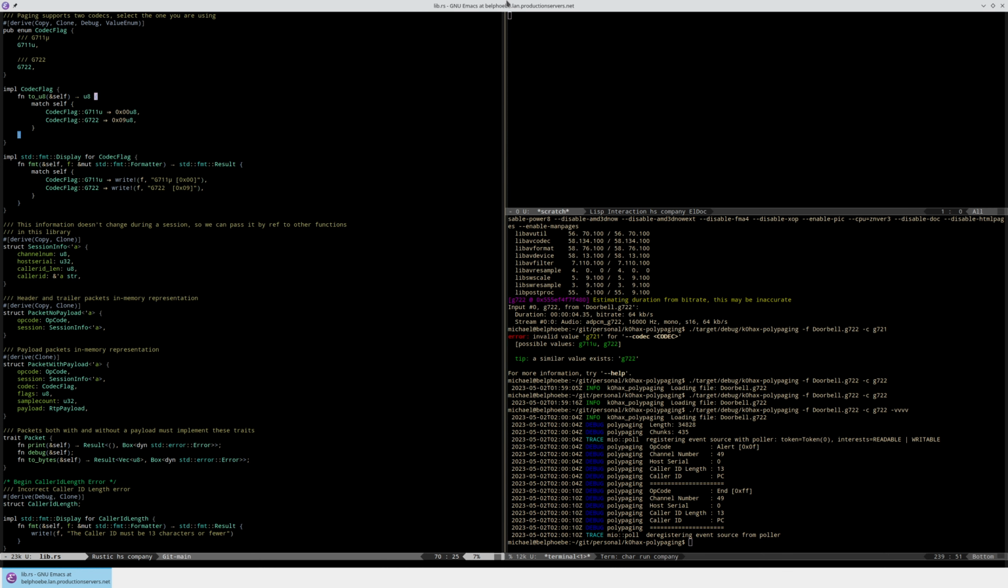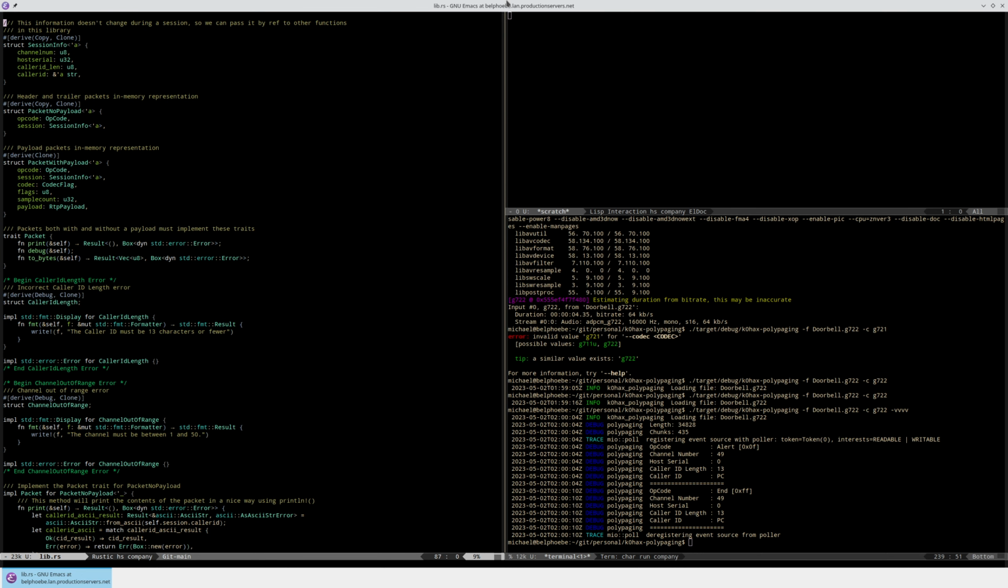There's the two 8-bit unsigned integer implementation for that. G711 is 0x00 and G722 is 0x09. And the display formatter also. Same deal. Let's see. This information doesn't change during a session, so we can pass it by reference to other